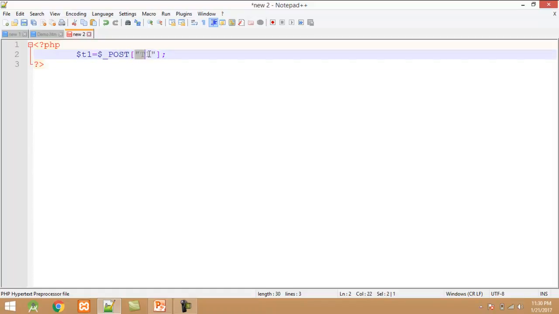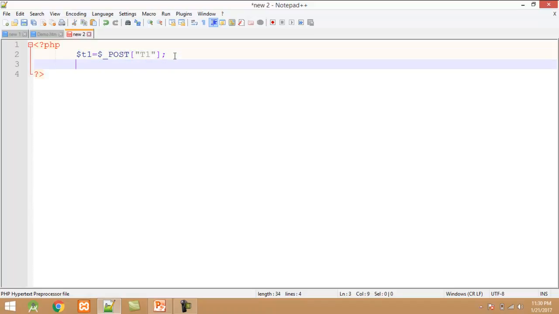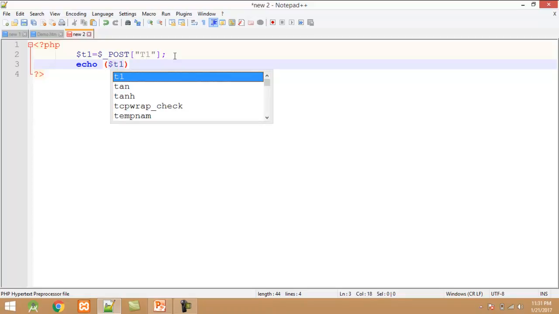Here I pass the name of text box control, which is T1. Therefore, T1 text box control value is automatically stored into the $T1 variable. After this, I just print the value of $T1 variable. Therefore, I use the echo function, and in this function I pass the name of variable, which is $T1.